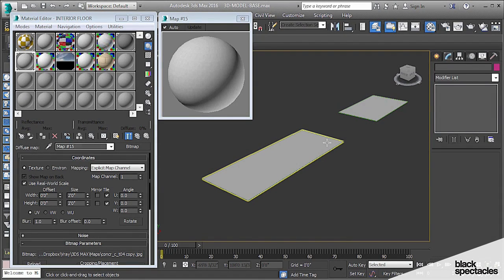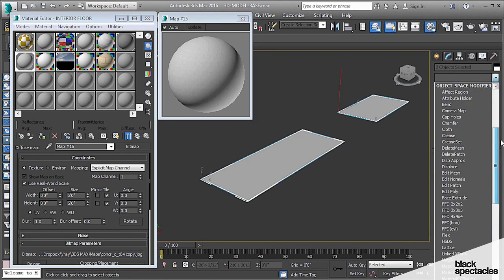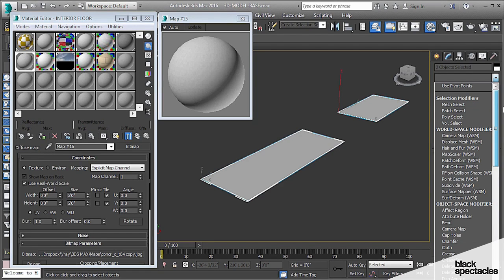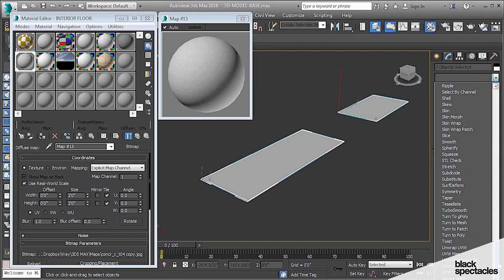Every single object in your scene that has a JPEG or texture map associated with it, I would recommend has a modifier called a UVW map. It's basically coordinates to tell the material how to wrap itself around the object. Think of gift wrap, and there's a certain size and you have to cut it a certain size so that it fits. So the UVW map is basically instructions to say,